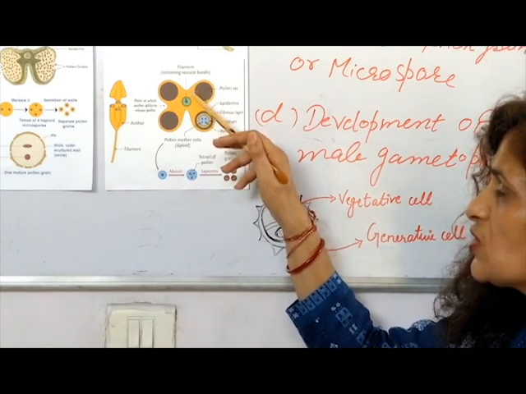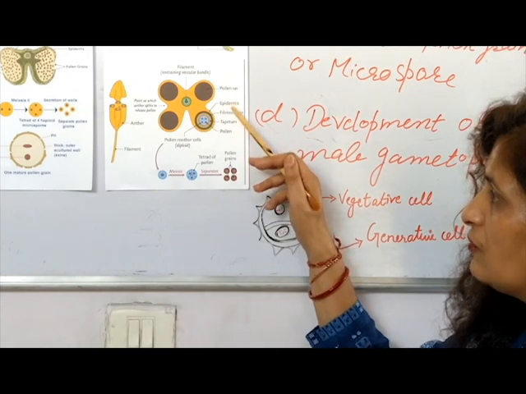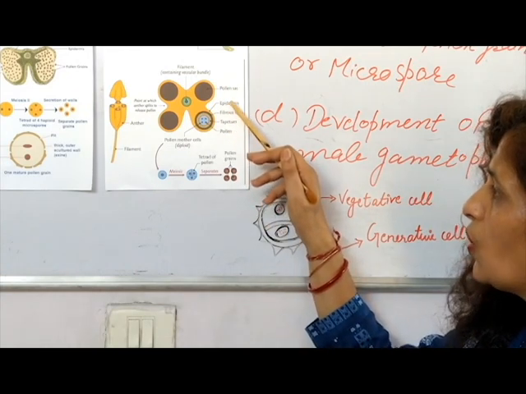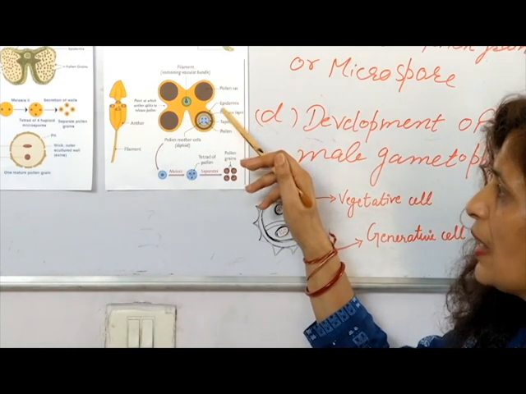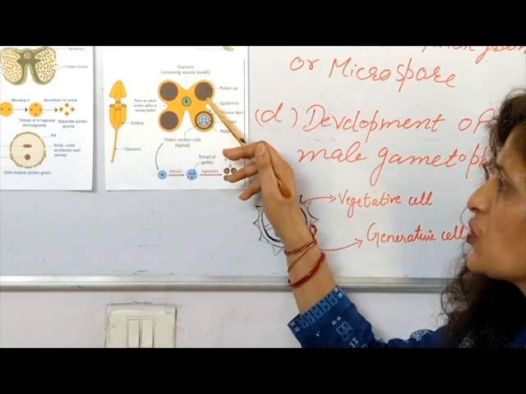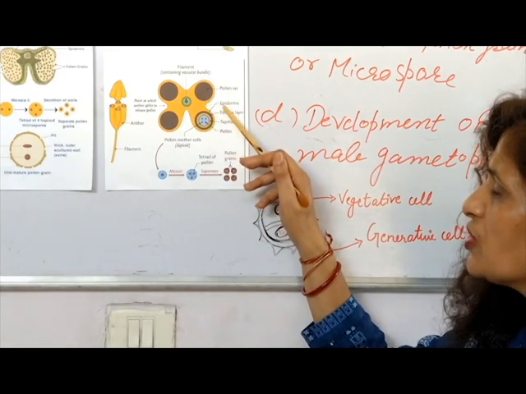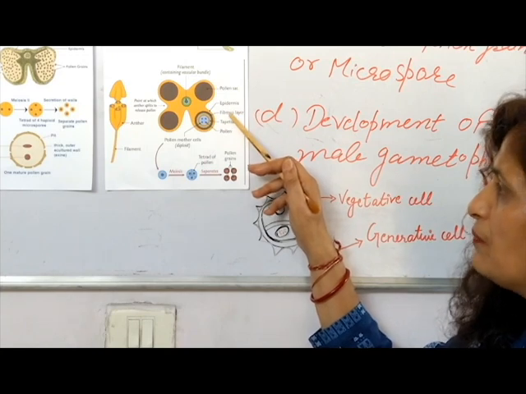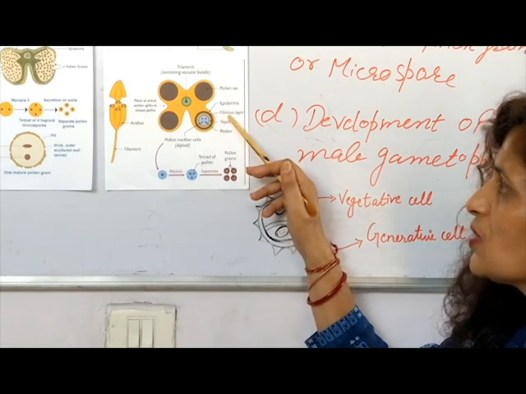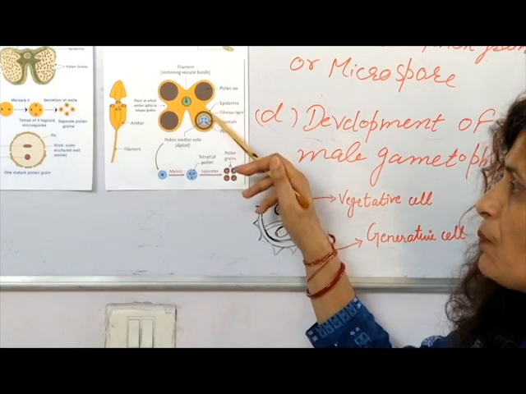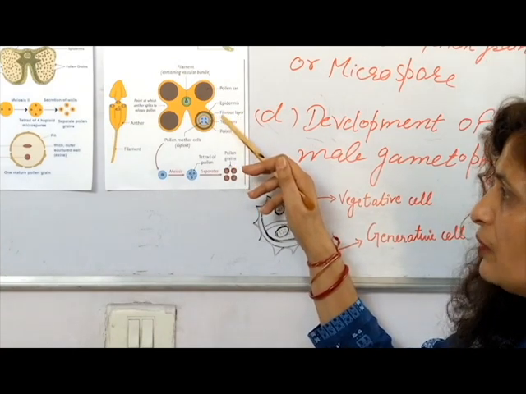Each anther is covered by 4 layers. These are given in sequence. The outermost layer is called the epidermis. Epidermis covers the whole stamen or anther or even microsporangia. Its function is protection. It is followed by the fibrous layer. The fibrous layer is also called endothecium. It is required for proper maturation of pollen grain.